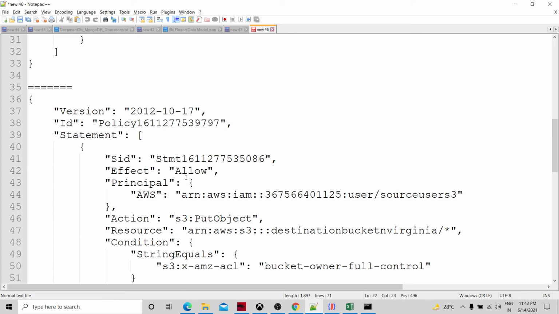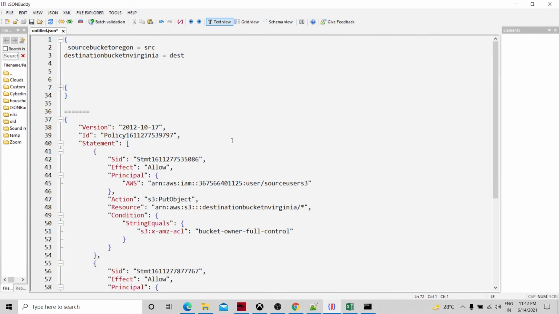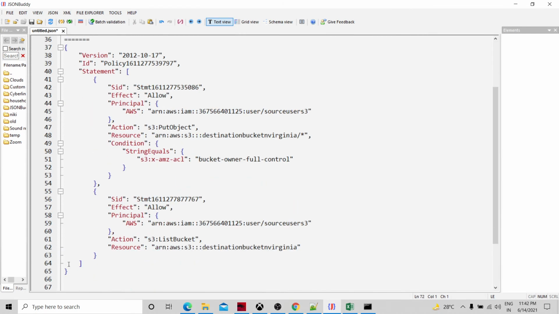If you look at everything in the JSON body, it's very easily visible. There is the version, then the policy ID, the bucket policy ID, which is some number.